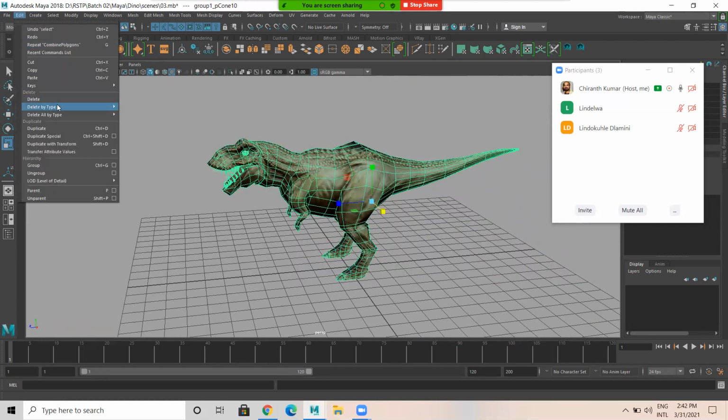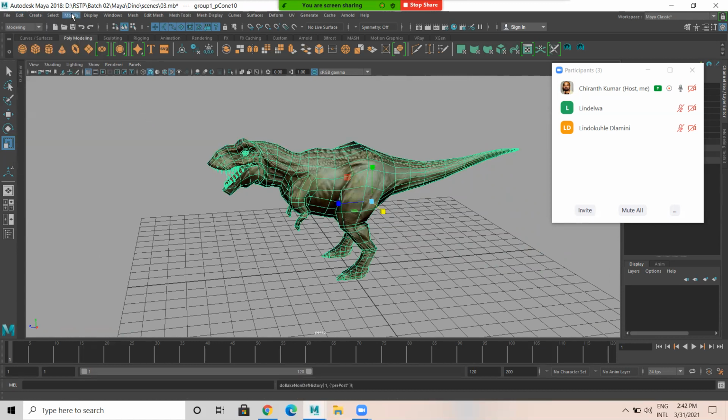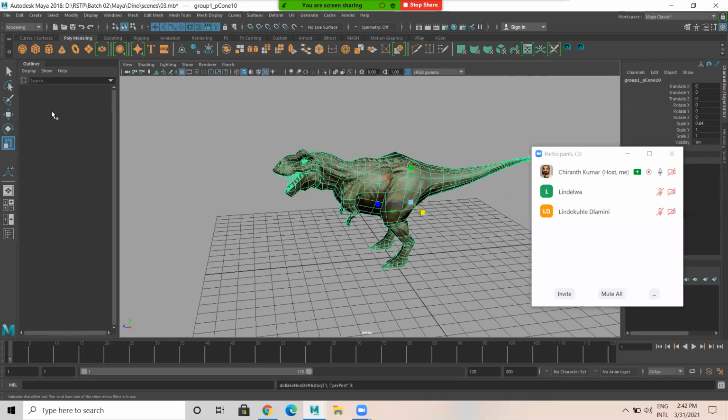So now Edit, Delete by Type, History, Modify, Center Pivot. Make sure it is clean. So I just open the outliner. So I don't have anything else except this one model. Okay, like this.